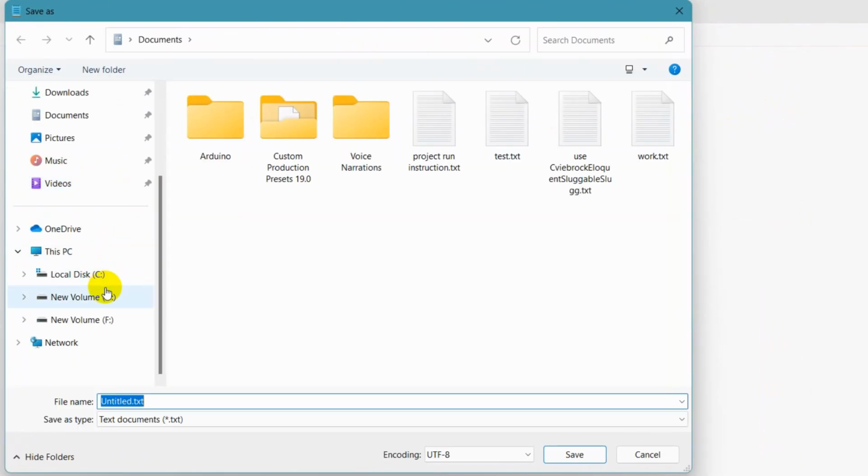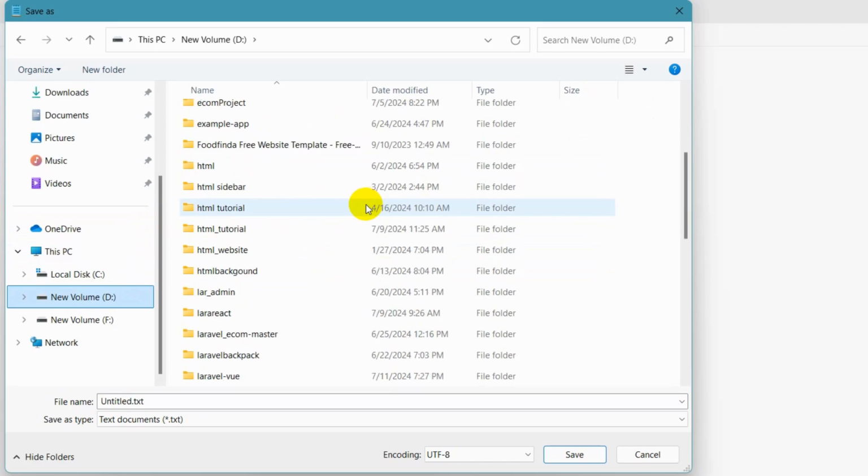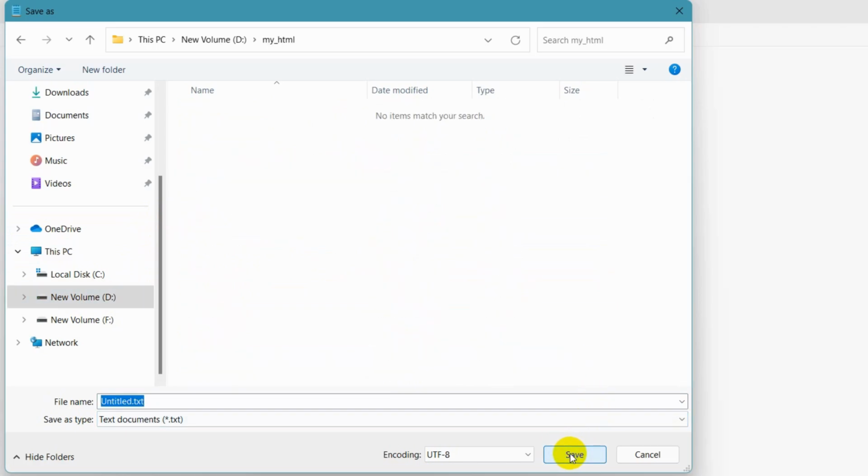Then I'm going to go to the folder where I just created my folder called my HTML. So I'll go to my new volume D and my folder name was my HTML, which is this one. Here you can see my HTML. I'll just select this and then click here called open. So once you click on open, here you can see currently we are in the folder location. So here we're going to say a file name. So you can give it anything you want. Let's say here